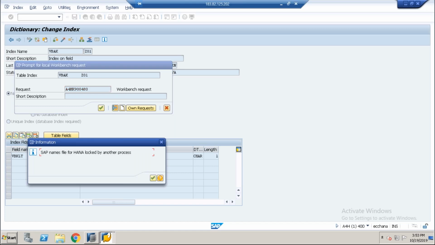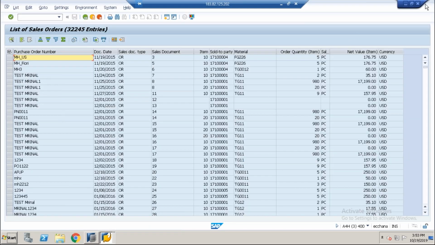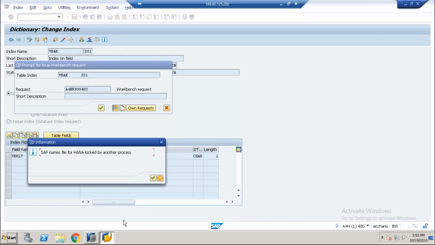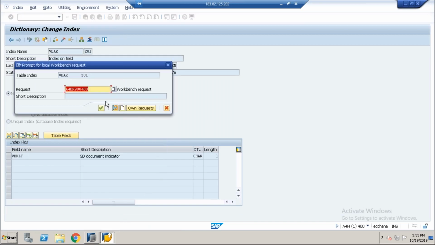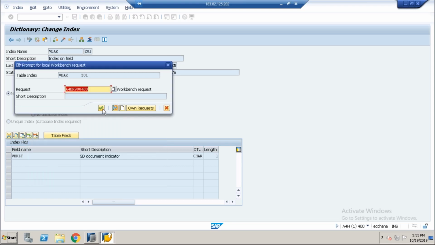SAP names file for HANA locked by another process. Did I open anything or what? Come on. Okay, so maybe I don't have authorization or some messages coming. Save and just click on the button, what? Activate. That's it. Okay. Now